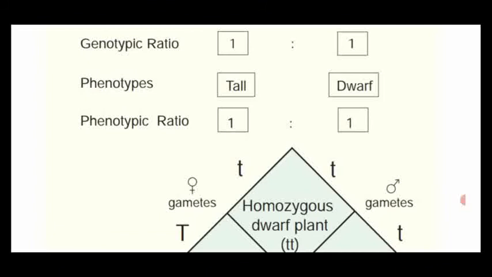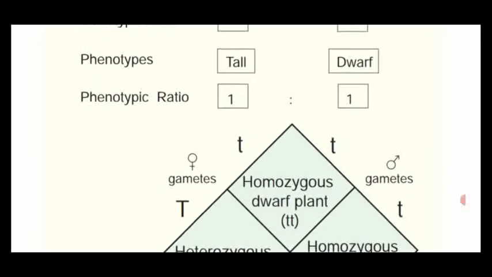But in the monohybrid cross, we are getting 3 tall plants and 1 dwarf plant, isn't it? Why is it happening? There is no cross with the recessive parent plant. That is the important point. We did not cross the parent plant, it just undergoes selfing. When TT is selfed again, we get 3 tall plants and 1 dwarf plant. That is a quarter. Imagine taking 1 percent, then only a quarter gives the dwarf plant. The remaining 3 are tall plants.